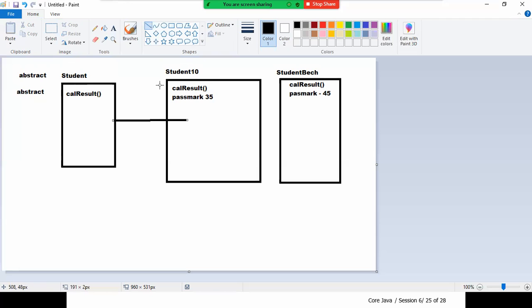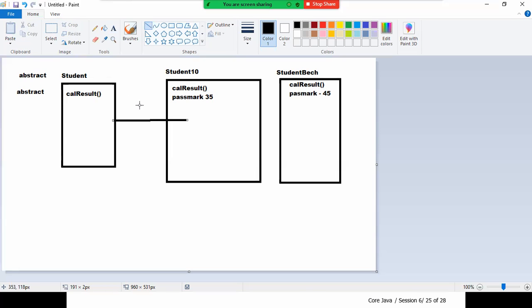Now in such a case, what will happen is, when I'm defining this as an abstract method, I'm not providing any definition here. For how to calculate the result, we are not telling it. I'm leaving the definition to the subclass. So if I want the definition to be mandatorily provided by the subclass, you have to make it abstract. And when you make it abstract, it becomes mandatory for the subclass to define it.